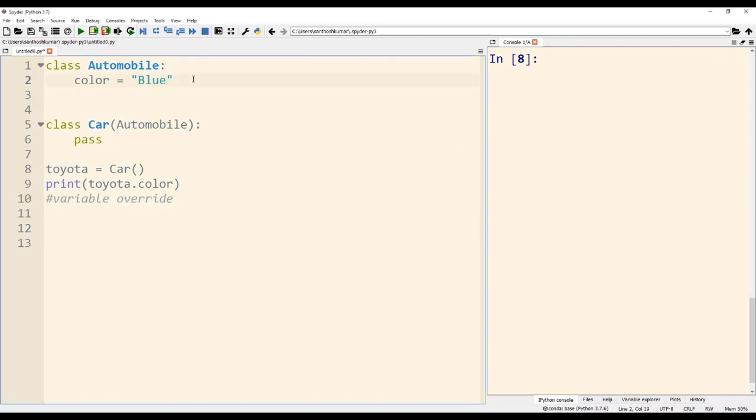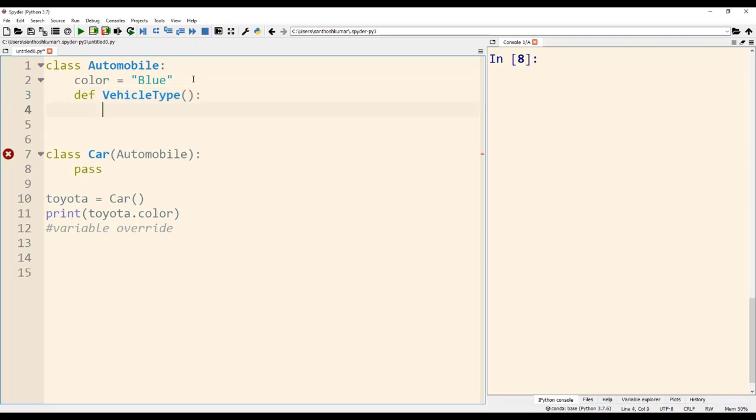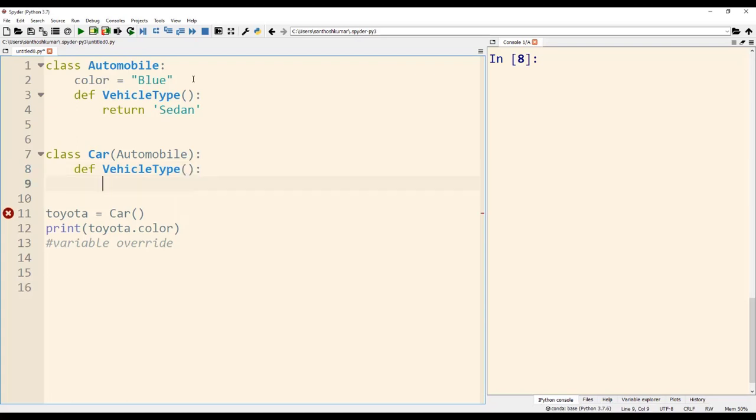In order to demonstrate method overriding, I am defining a method named vehicle type as part of the automobile class, and as part of the method vehicle type I am returning the value sedan. Then I am defining the same method vehicle type in the car class as well in line number 8, and as part of this method I am returning the value saloon.